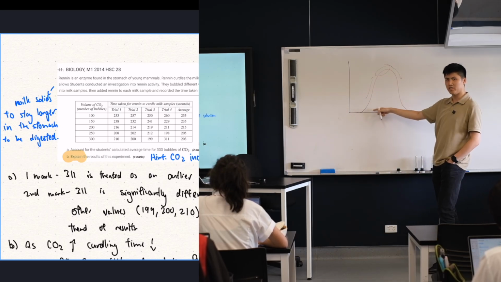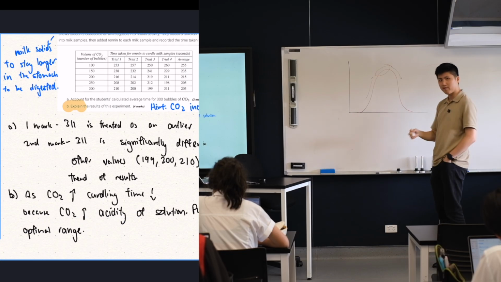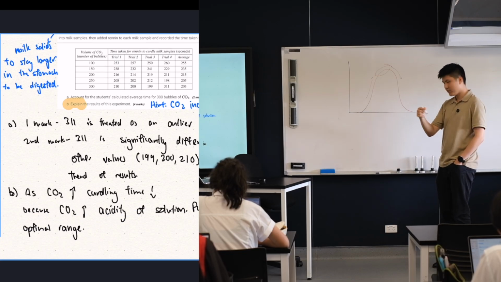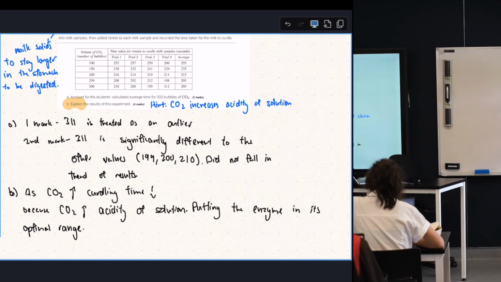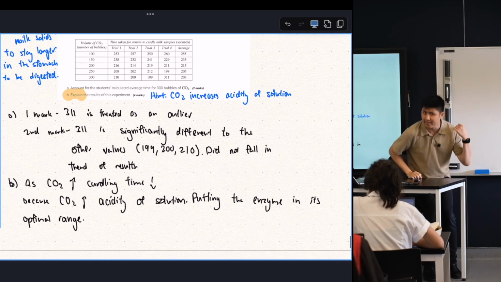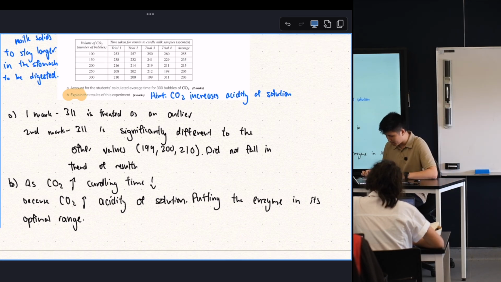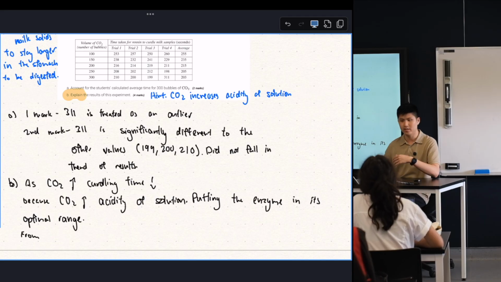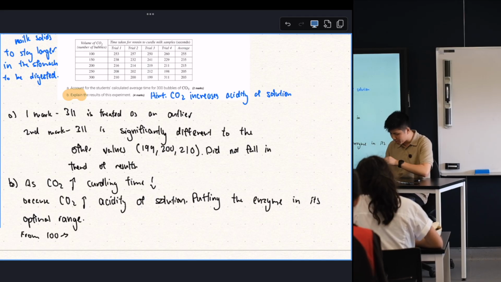Just remembering this is the general pH curve, right? Because we have to remember the different types of curves for enzyme efficiencies. So I'm going to actually write that as well in my response, because I have to mention all the changes I see in the trend. So I might just say